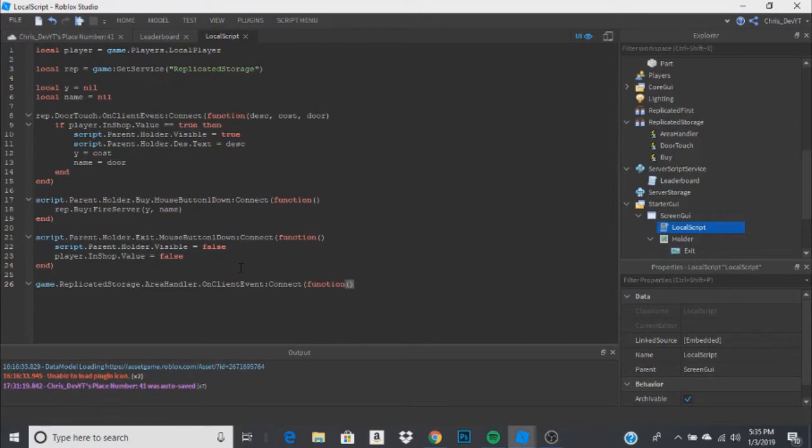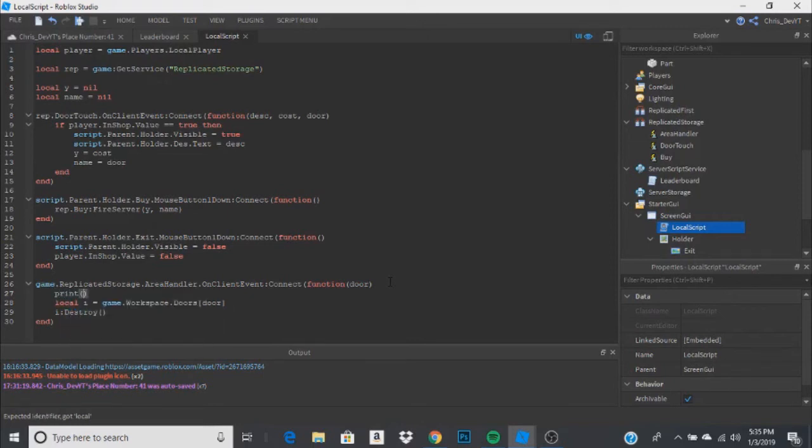But we should be able to see a door, so door. Local I equals game.Workspace.Doors.door, I:Destroy(). Okay, so I'm gonna have it print